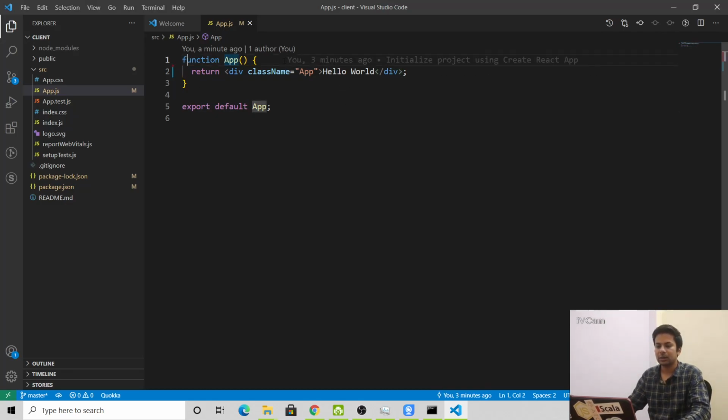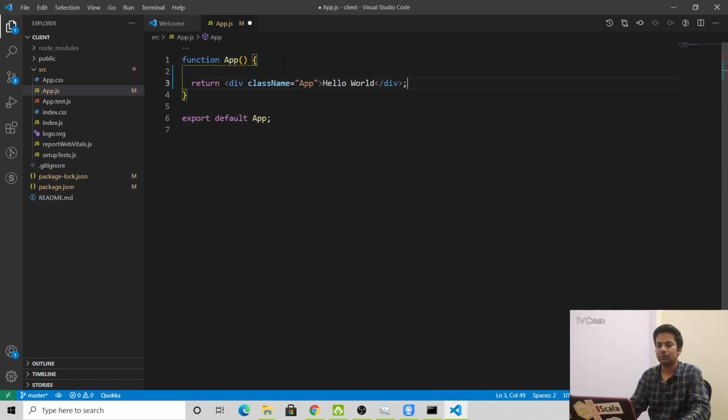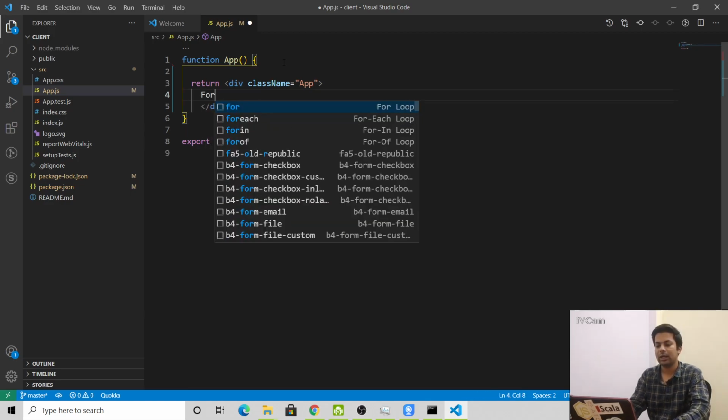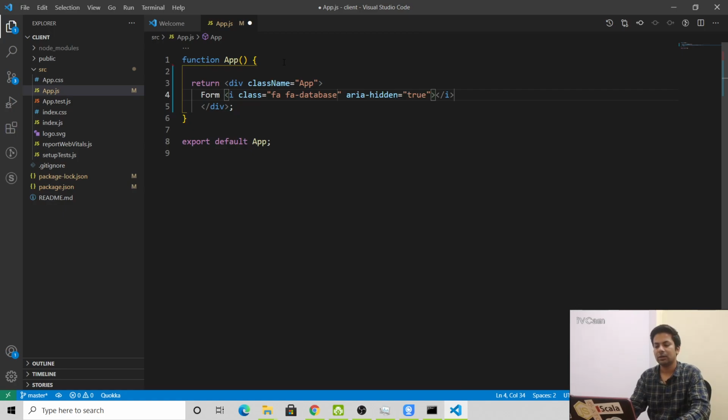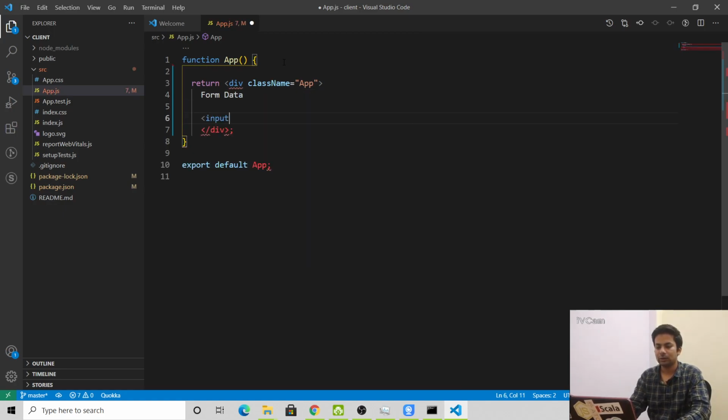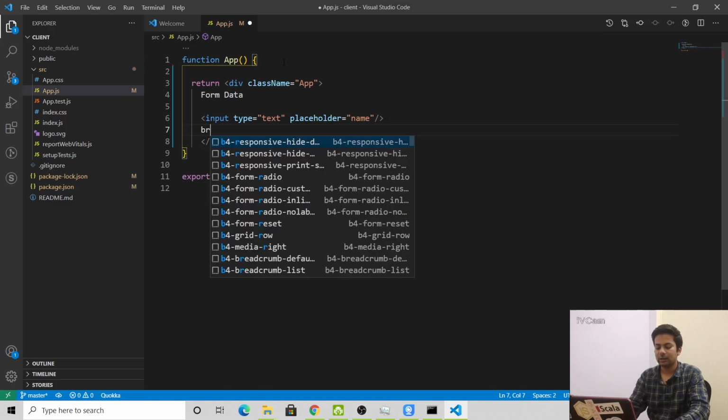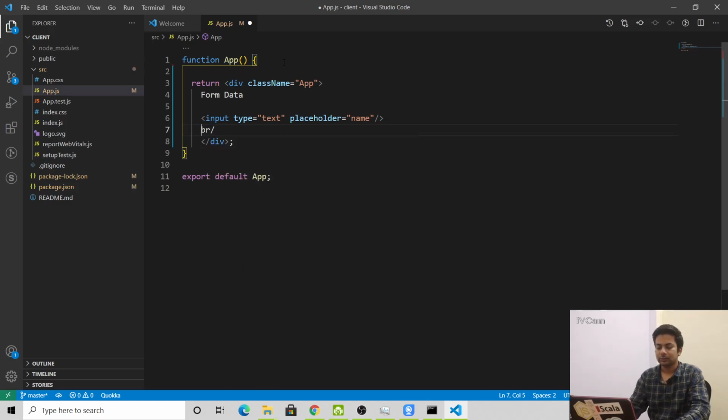So let's make a normal form. I'm not doing any styling or that stuff. Control form data. Now we'll add an input of type text with placeholder name, then a br.